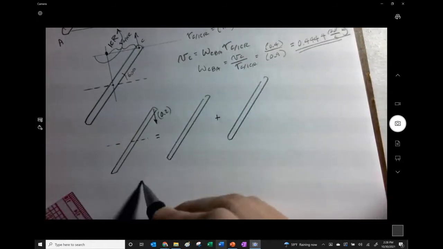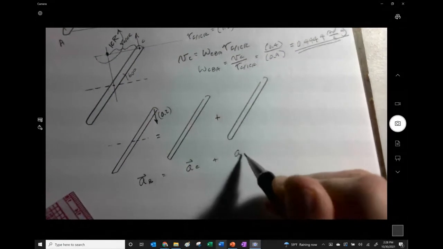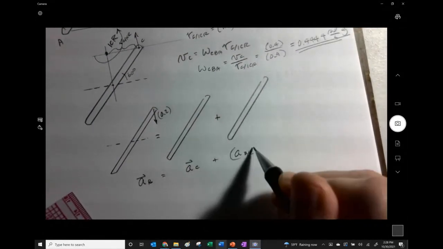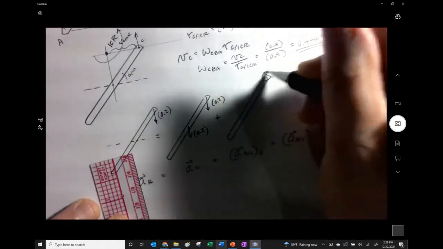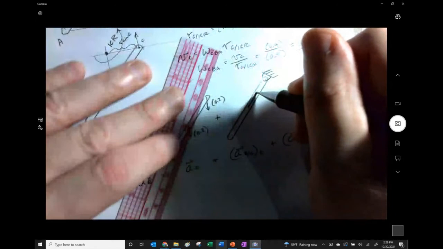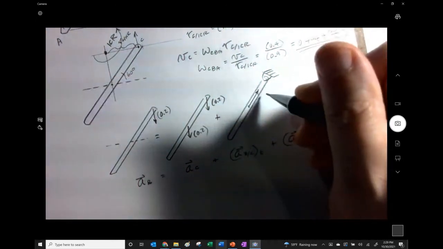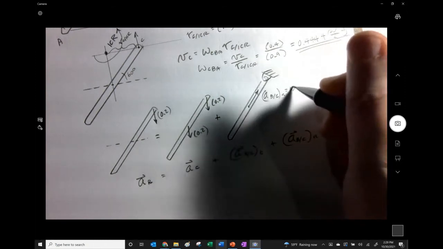So we're going to try to find this acceleration at B by taking the acceleration that we know at C and adding the acceleration of B with respect to C tangentially, plus the acceleration of B with respect to C normally. I guess I decided to go with the value on there. Sometimes I'll go with the symbol. Maybe I should have gone with the symbol. But that means this is the one. If we're using that as the reference, that's where it gets pinned. We're going to have an acceleration component this way that we're going to know. That is the acceleration of B with respect to C in the normal direction, which is